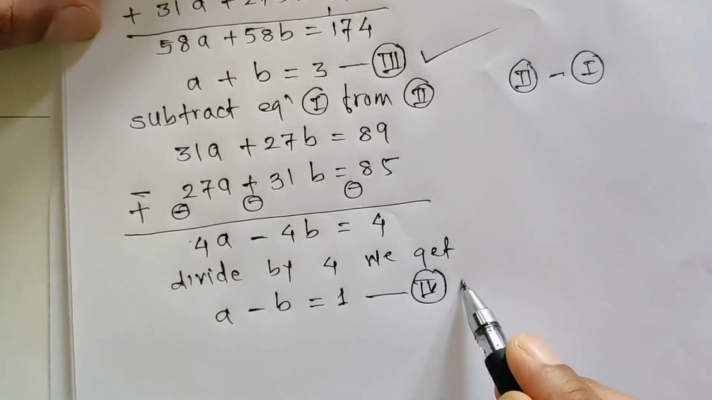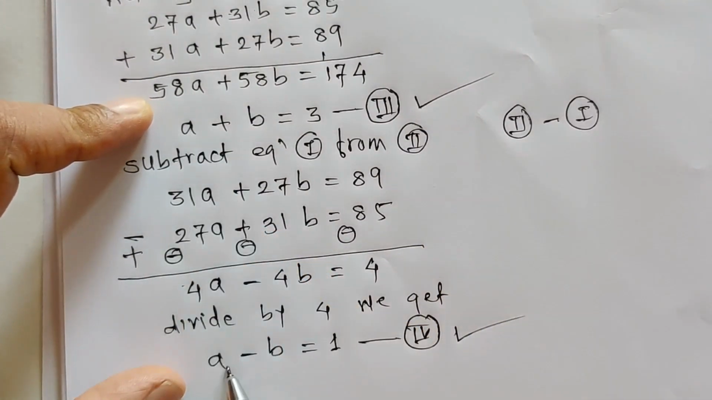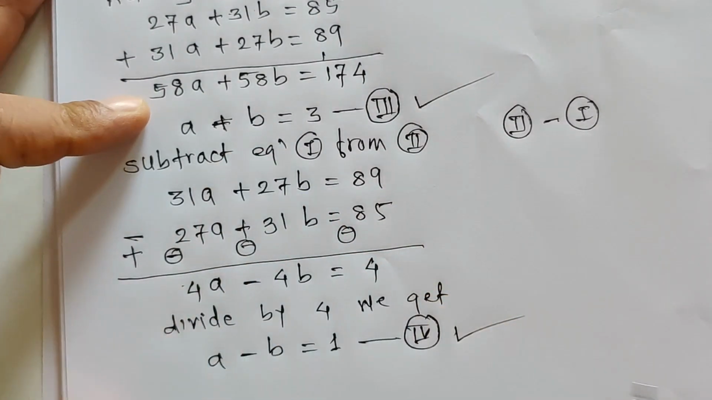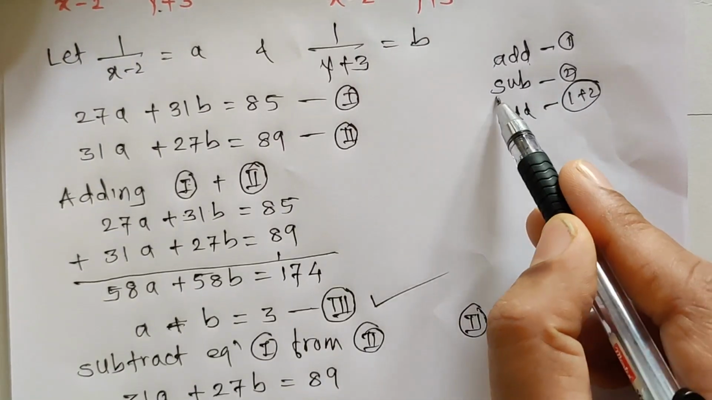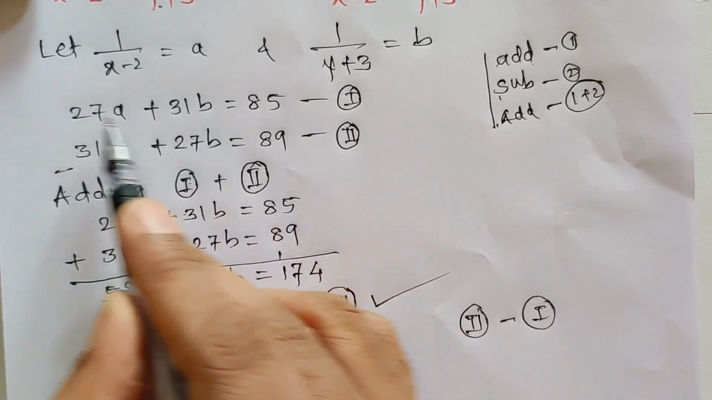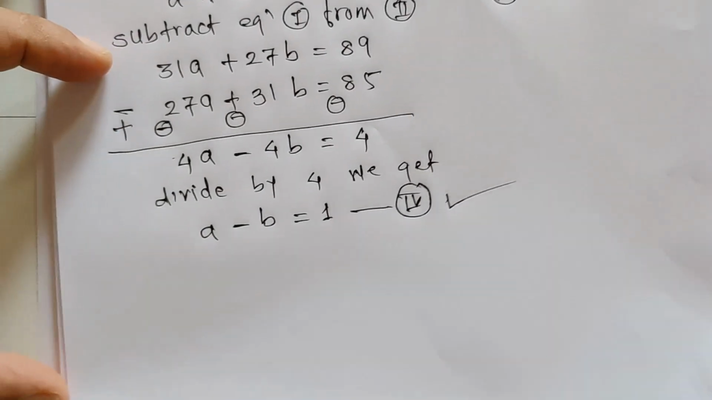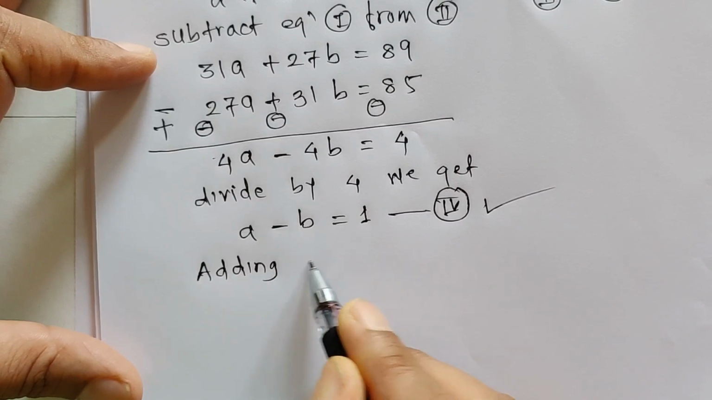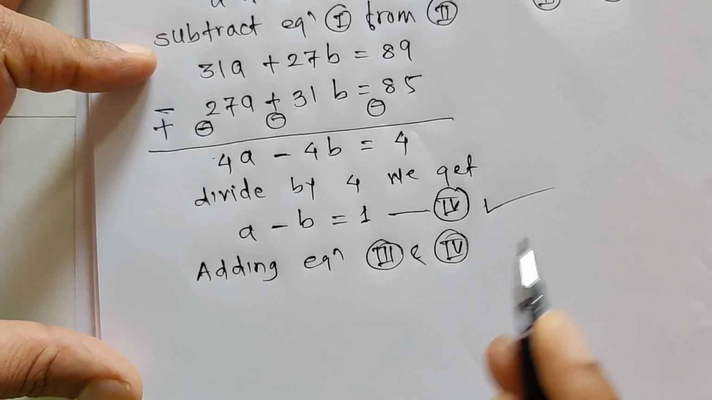Now consider equations 3 and 4. If we observe 3 and 4, the coefficients of a and b are equal, but the signs of b are different. Therefore by adding equations 3 and 4, in this method, first add, then subtract, then add. Remember this one: when the coefficients of a and b are interchanged, then we have to use this method. So by adding equations 3 and 4 we get